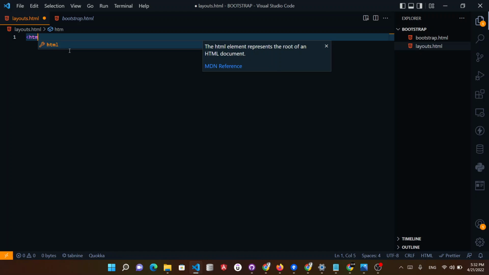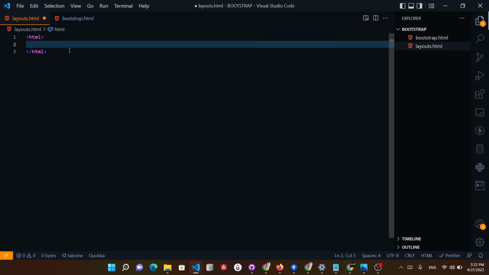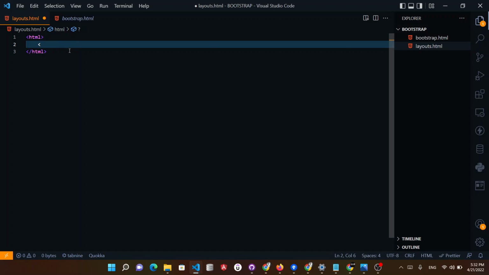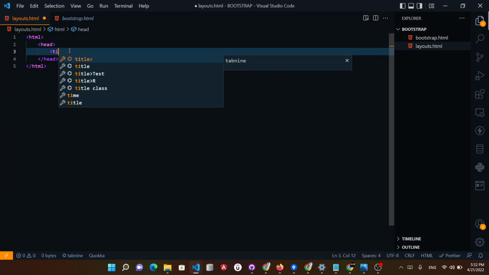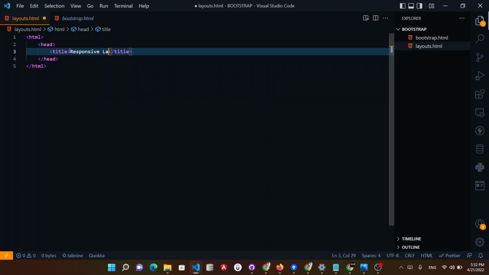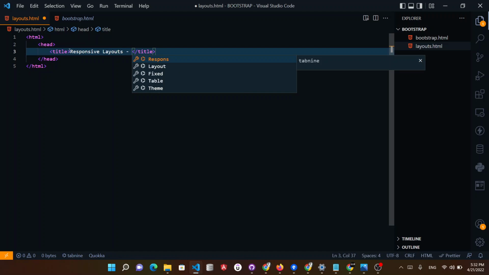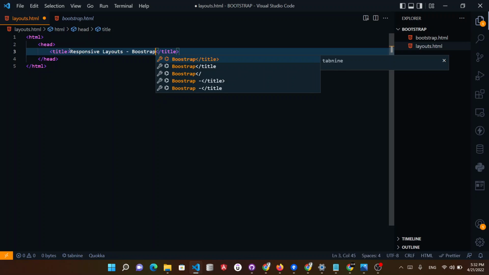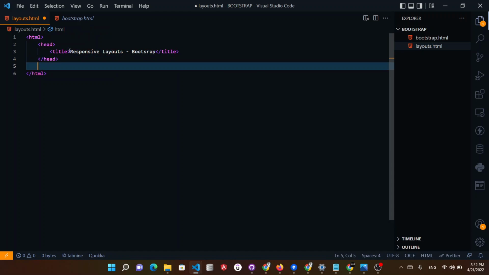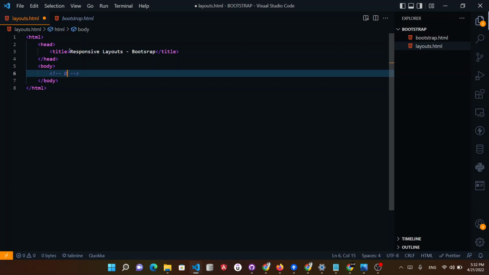So let's get started. I will be making an HTML tag followed by a head tag. And the head tag consists of the title tag, and this will be responsive layouts. And this will be bootstrap. Bootstrap like this. So, हमारा body tag में I already told you about div tag, which is